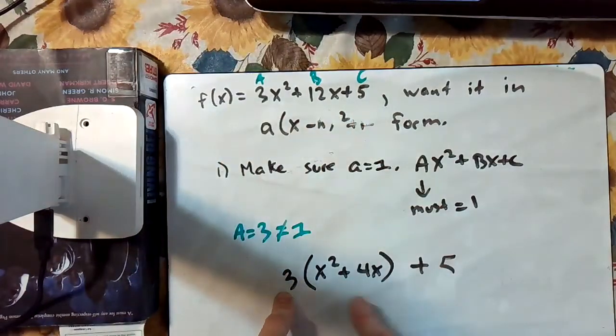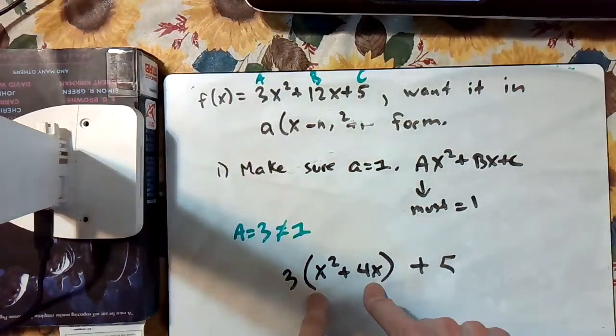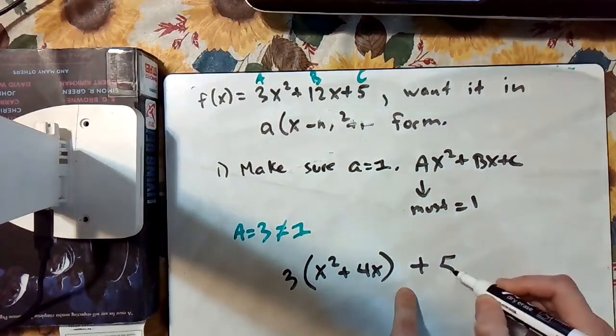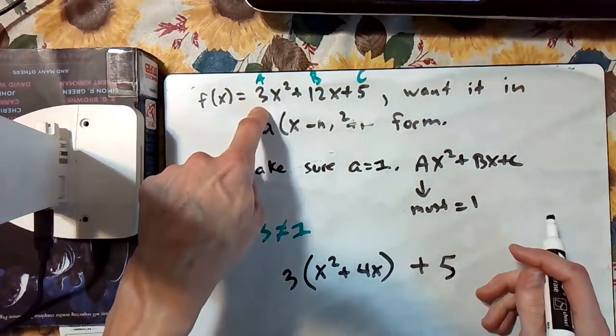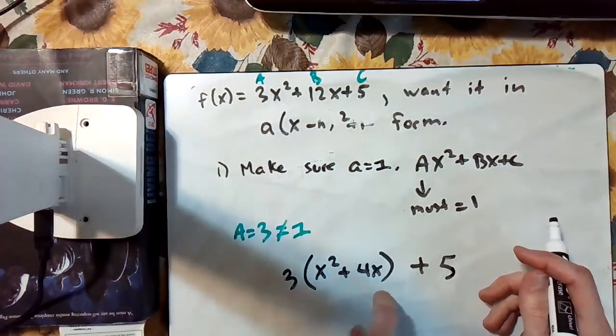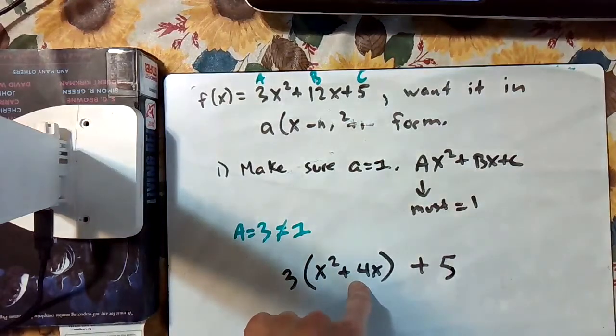You will always do that in these instances. You only factor out whatever this number is from the first two terms. Remember, factoring out means dividing out. How can I check my work? If I distribute the 3 back in, I get 3x squared plus 12x. You must do this step. All right, if a is not 1, you have to divide out whatever that is from the first two terms. All right. So now we have